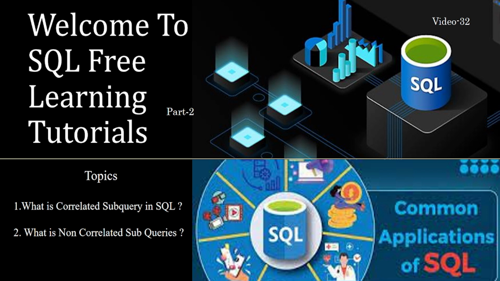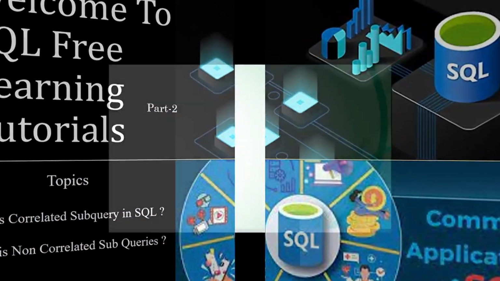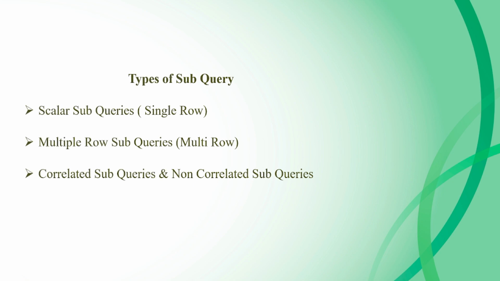Here under this playlist, we are going to cover only SQL concepts from scratch. In the previous tutorial, we studied subqueries and their types. We discussed two types of subquery, single row and multi-row. I hope you are now clear with the concepts of single row and multi-row subqueries. In today's tutorial, we will discuss the third type, which is correlated subquery,